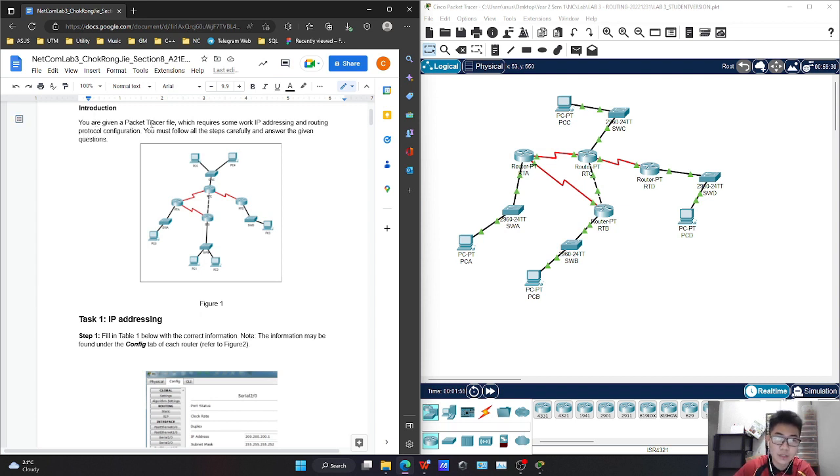You are given a packet tracer file which requires some work on IP addressing and routing protocol configuration. You must follow all the steps carefully and answer the given questions. So this is the topology given in figure 1. I already opened the packet tracer file here. As you can see, it's actually kind of similar, yes, it's actually similar to